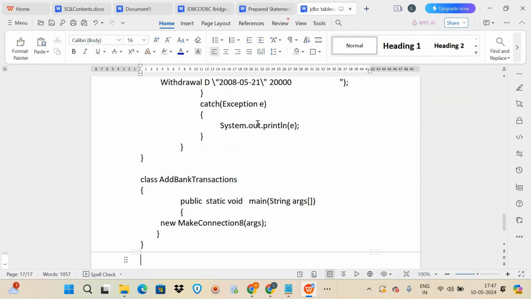Use the same table names and same column names. Don't change the column names and table names. For practice you can give anything, but create it as it is what I have given here. While typing, you type by yourself. If you copy paste also, you'll get errors because you have to change the driver names and all. You have to make some modifications in the program. You have to change the driver name, URL, username, and password. But create all these tables and insert data so that when we are doing servlets, we'll do it in connection